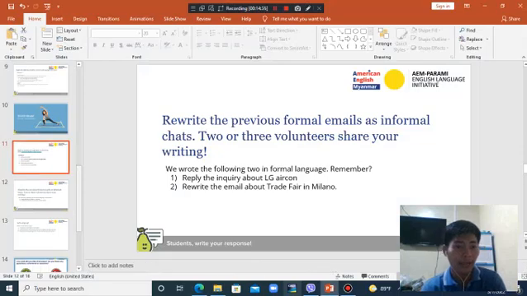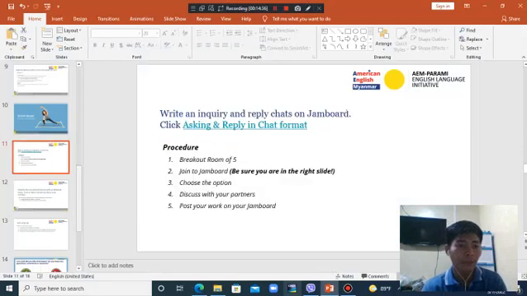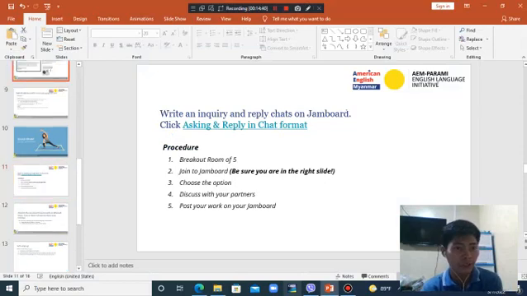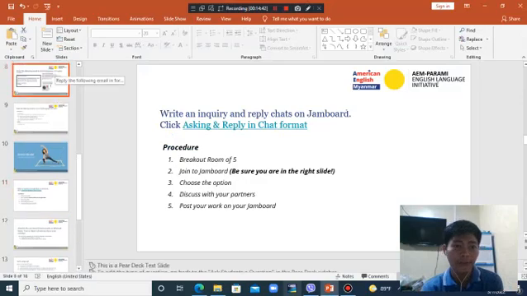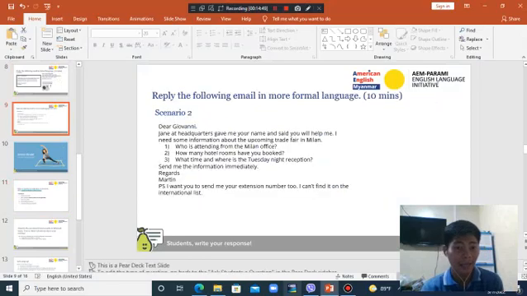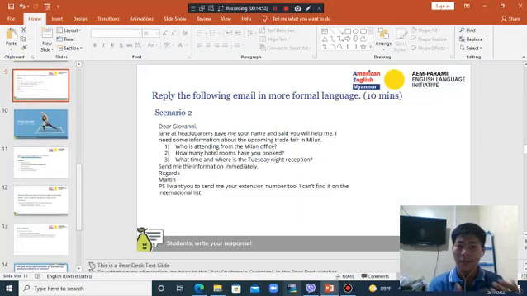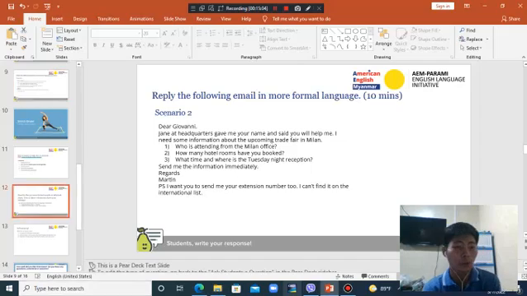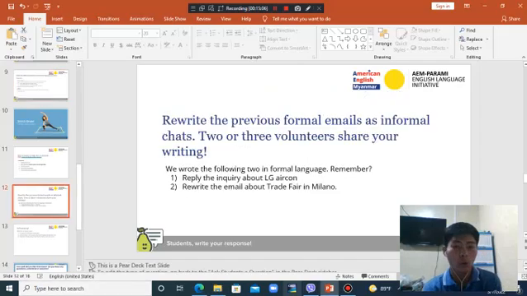We replied to these two inquiry emails in formal language. Now what you have to do is rewrite your formal replies as informal replies. The first time, you replied to these two emails using formal language; now you have to reply with informal sentences.